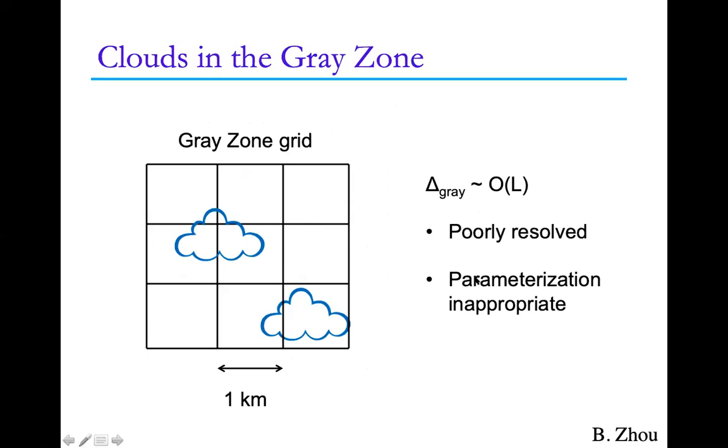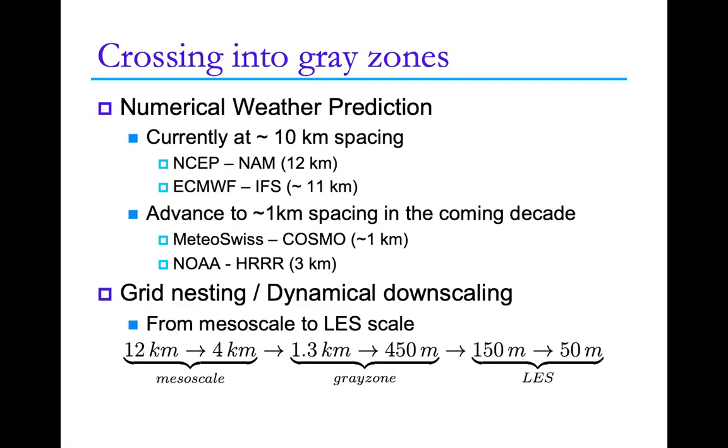Maybe you have a couple grid points across the cloud, and you're not able to fully resolve everything that's going on. But on the other hand, the parameterization, say a convective parameterization, would be inappropriate because you are resolving some finer scale features, and the parameterization developed for, say, 100 kilometer resolution wouldn't be valid here when you have 1 kilometer resolution. So that's an example of the gray zone, and you can apply that concept to other features of interest, and that will depend on what flow you're looking at. And we encounter many of these different gray zones as we cross into different resolutions in atmospheric modeling.